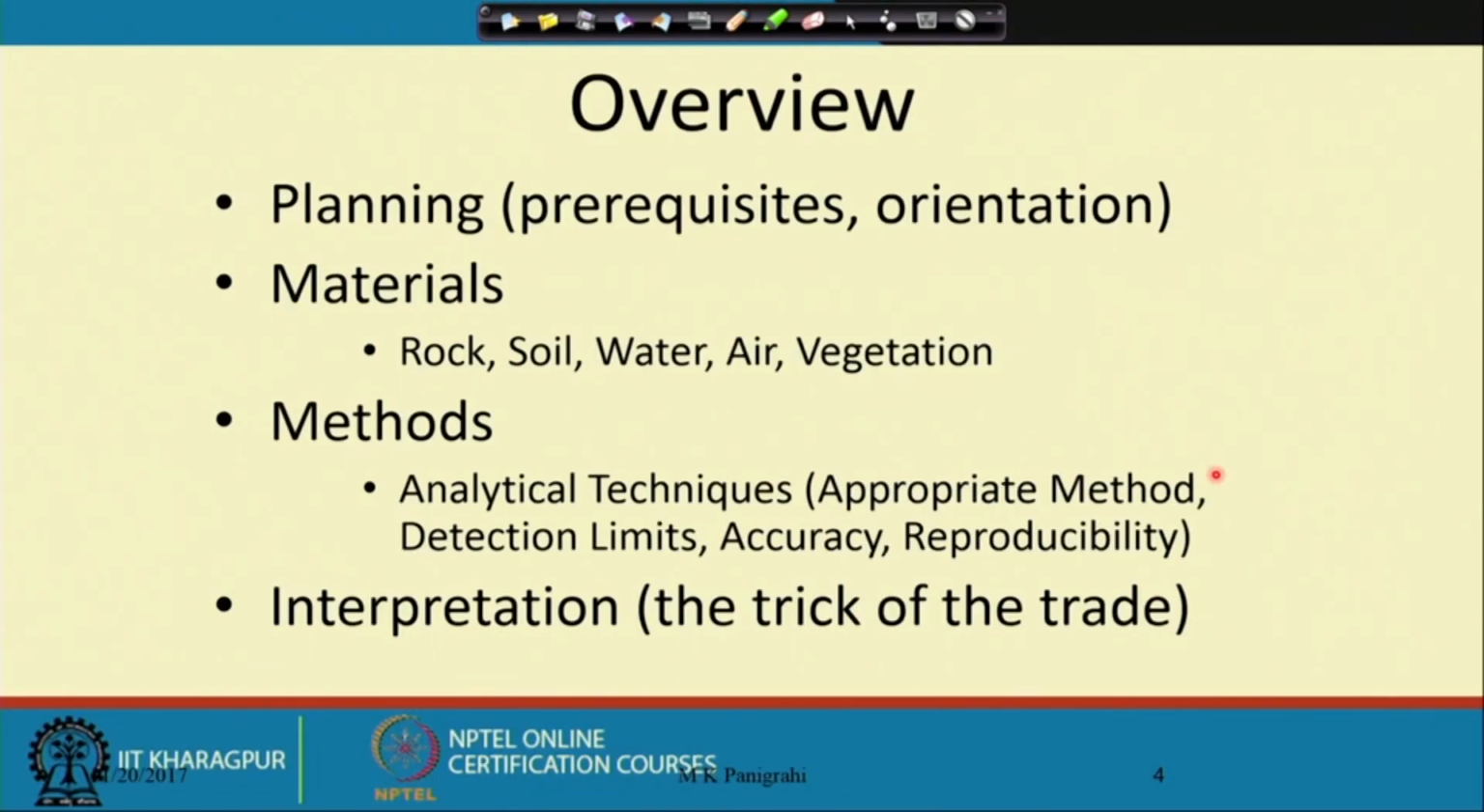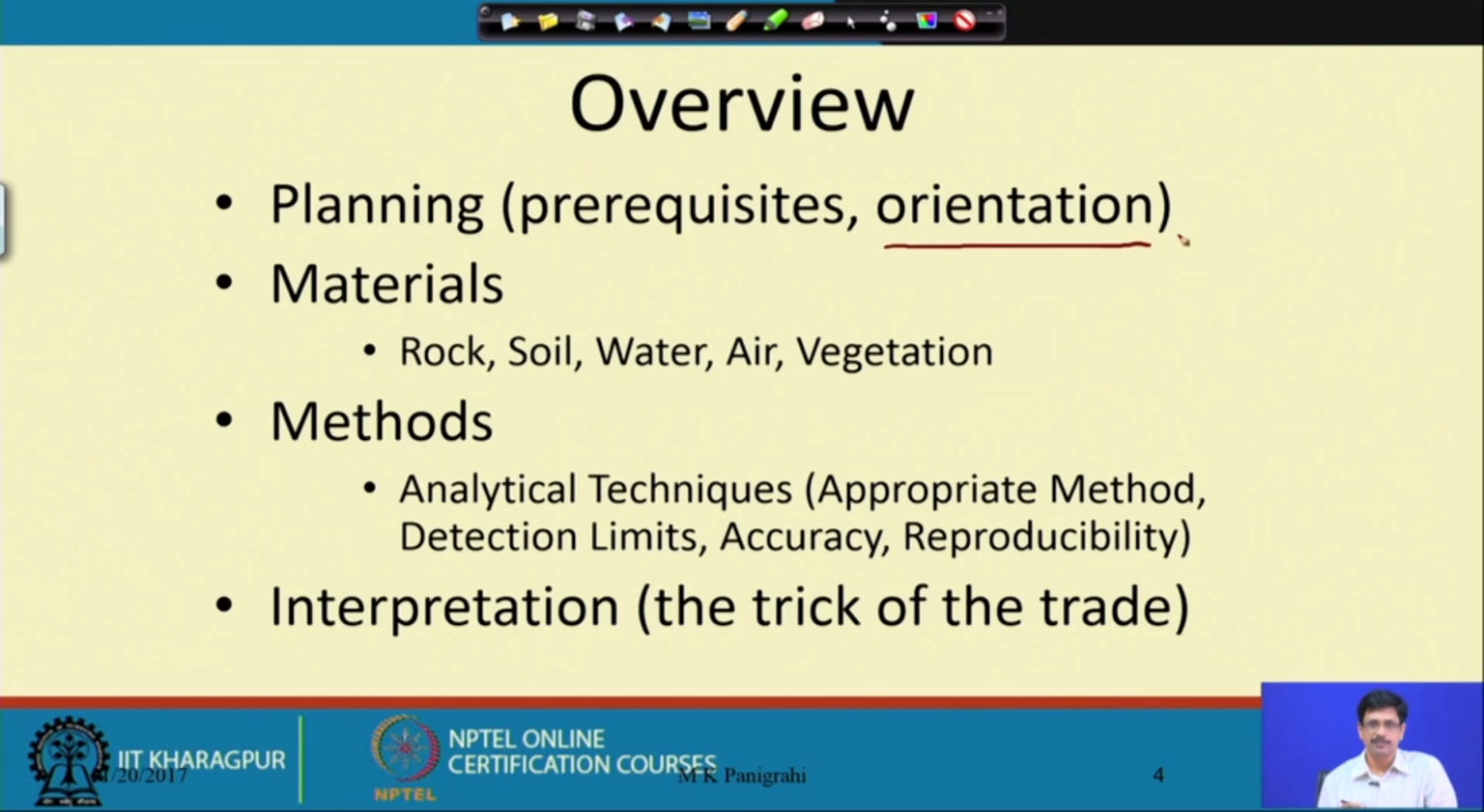Any geochemical prospecting program requires detailed planning, the requisites and orientation. Basically, what we understand by this orientation, we will discuss in a little bit of detail. The materials that we are trying to analyze: rock, soil, water, air or vegetation. The methods, the analytical techniques, appropriate method, detection limits, accuracy and reproducibility, interpretation, and that is the trick